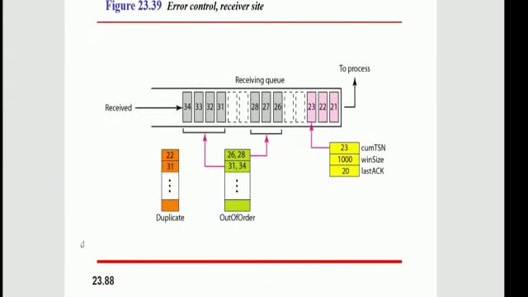The given slide tells us how error control is achieved at the receiver side. What is error control? SCTP is a reliable transport layer, we know. But error control at the receiver side is done by storing all chunks received in the queue of the receiver, containing the out of order chunks also. The duplicate messages are discarded, keeping track for reporting to the sender. The typical design of the receiver side and the state of the receiving queue is as shown in the given figure.